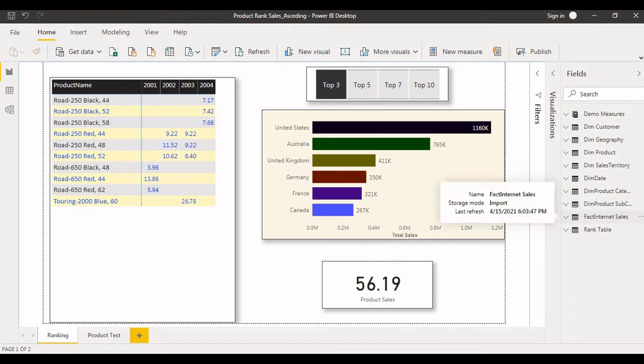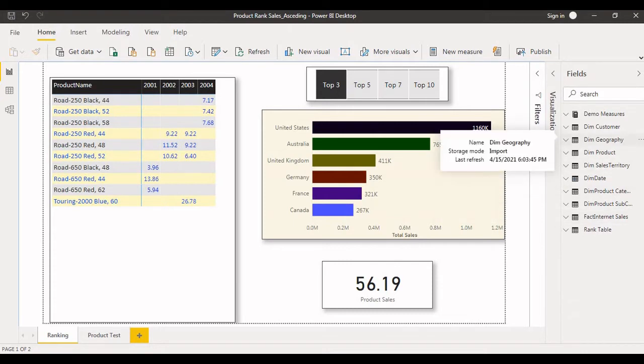We'll also try to understand what kind of relationship we have established between the dimension tables and fact tables. Understanding the relationship is very important. Once we understand, we can know how the filter propagation flows from one direction to many, or dimension to fact.